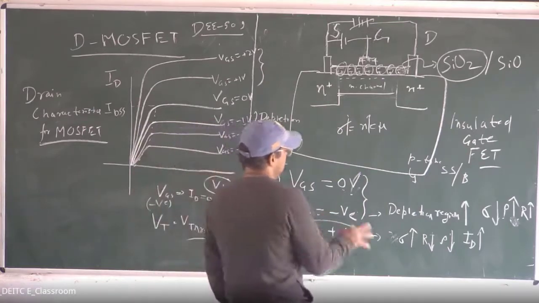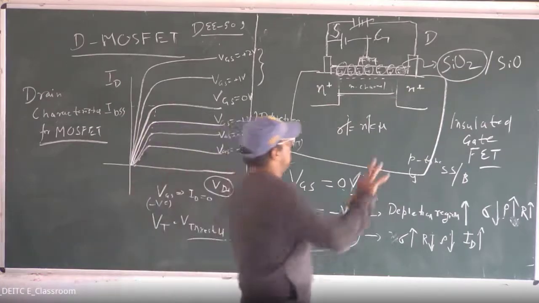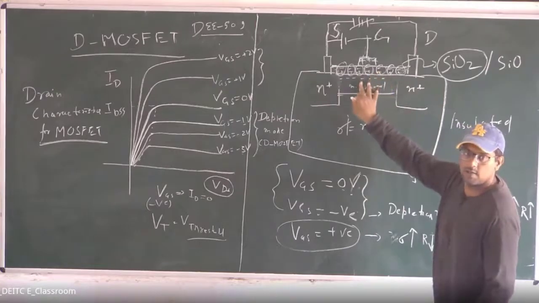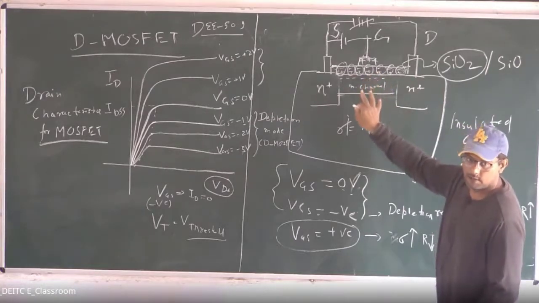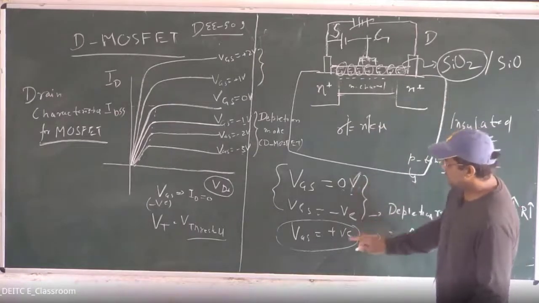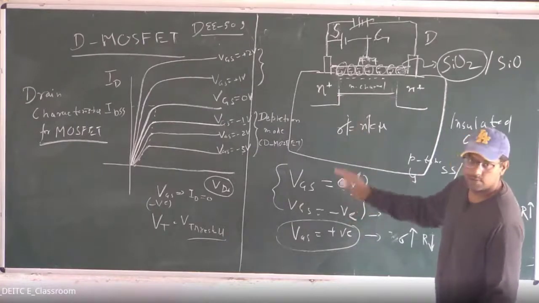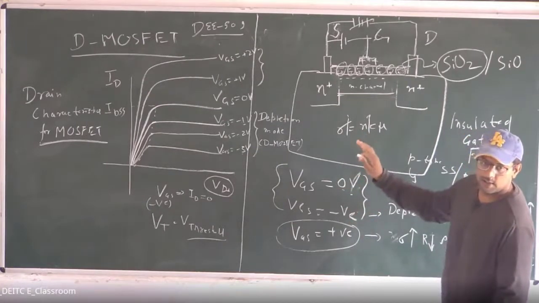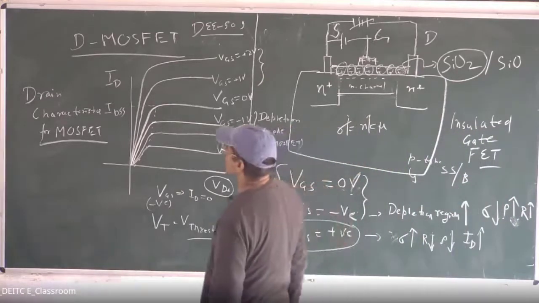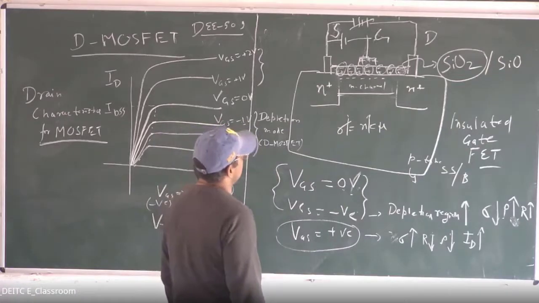Okay, so this is the discussion regarding VGS. I am again telling you this complete mechanism, why this positive charge, negative charge, I have already discussed in the previous lecture. In the previous lecture, I have discussed these 2 points. And now I need to discuss this point, so the continuity should be there. That's why I have discussed it from the starting. So this is about the drain characteristics of the MOSFET.